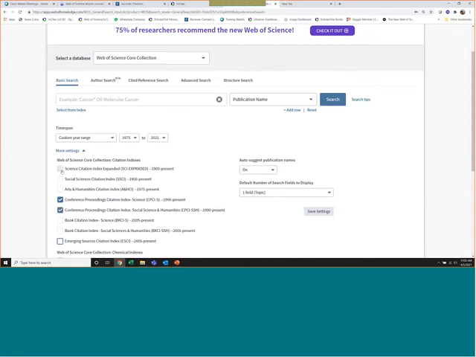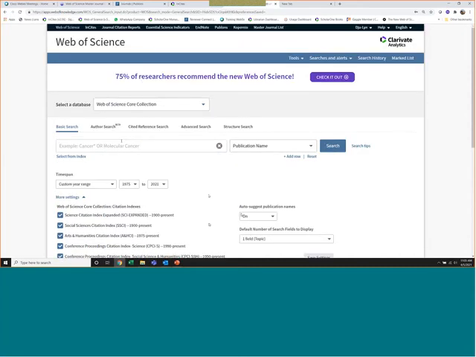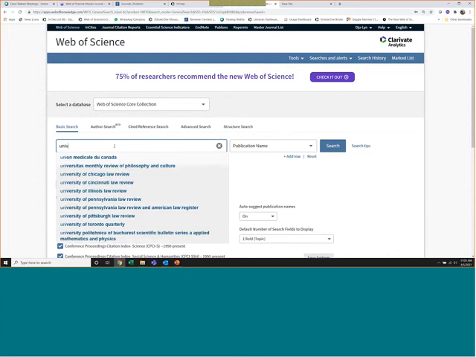Okay, so I'm just going to select everything here. Okay. So if you want to verify a journal, you can just type in the journal's name and then verify that publication name, whether it exists there or not. Okay. Sometimes, for example, let me just see.